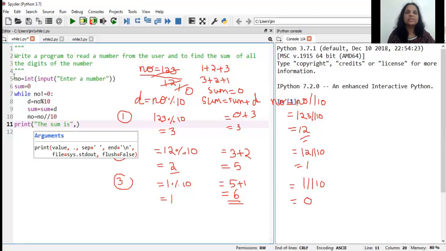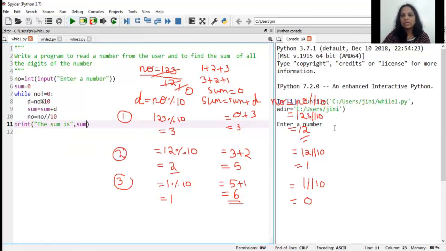And where is the sum stored? In a variable named sum. Is that clear? So let's just execute this program and see. Children, the execution will be over those annotated words, but it is in black, so it should be clear. I don't want to rub the annotation so you can link the program. So let me just run the program for you. It's asking me to enter a number. Let's say I enter 123.